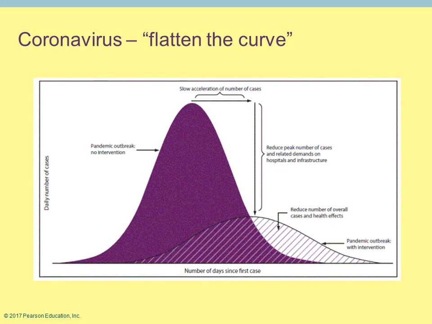One reason why this is so important with coronavirus: coronavirus is a brand new virus, this strain of it in humans. As I said earlier, we know it passed from animals in a live animal market in China to humans. This particular strain has never been in humans, so therefore no one has antibodies or protection against it because nobody has seen it before. That means everyone is susceptible to it.